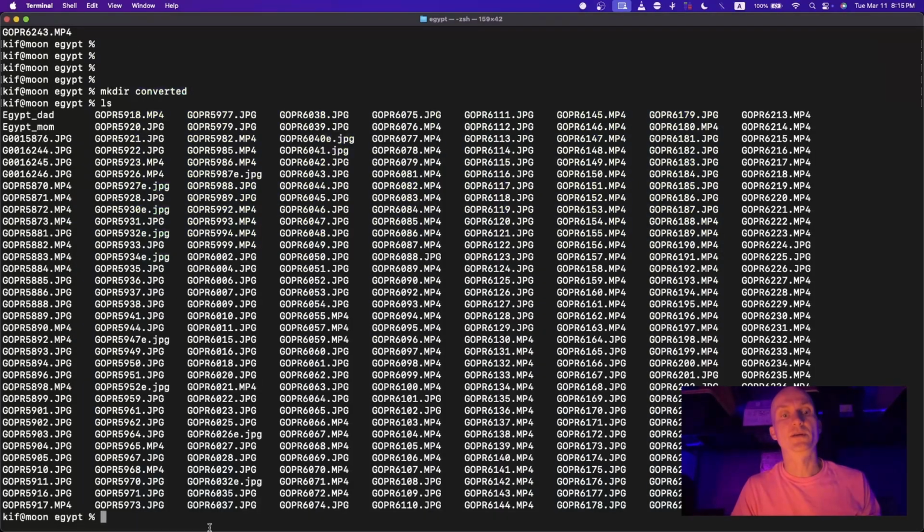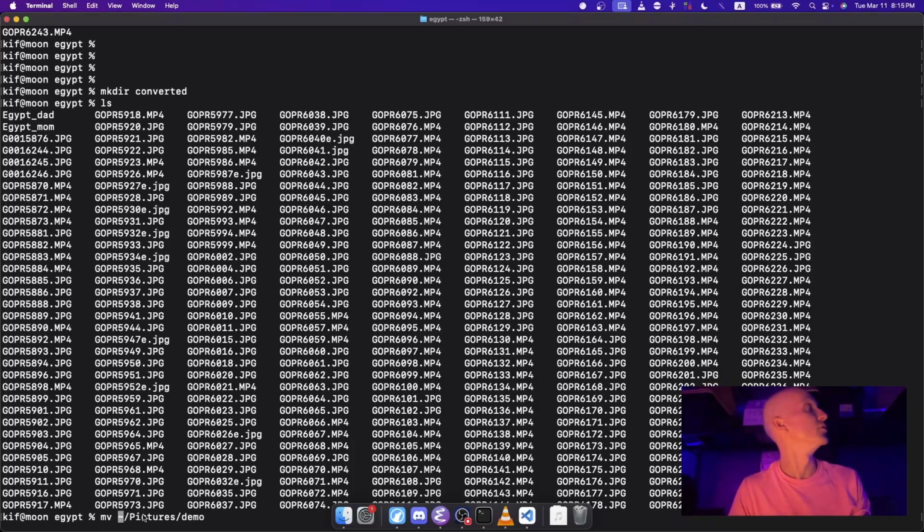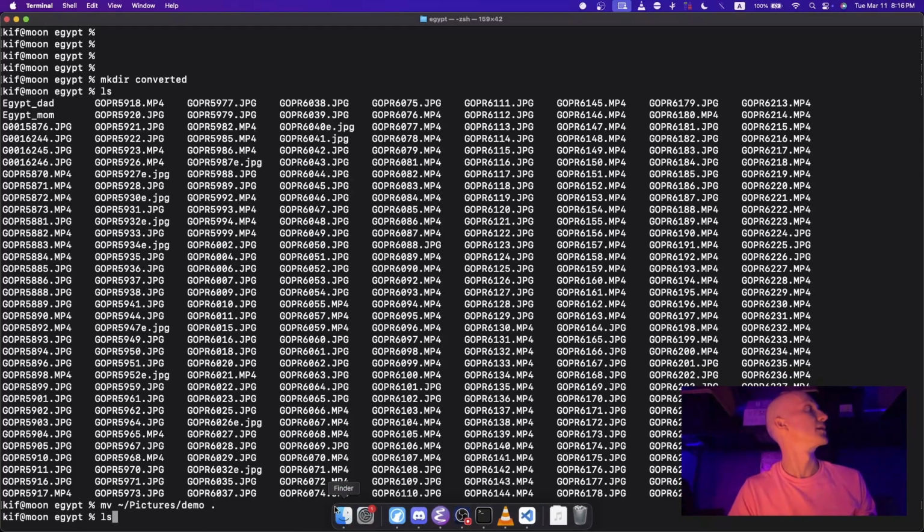This script was in a different folder, I think in Pictures demo. I'm going to move it here. So if I want to move the script, I can use the move command, move from Pictures demo to this current directory, which is this Egypt directory. So I do that. If I do ls,